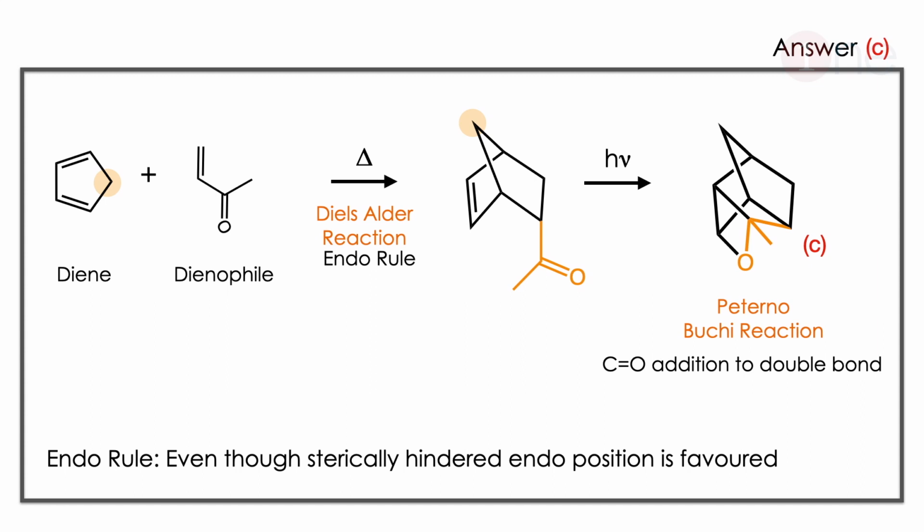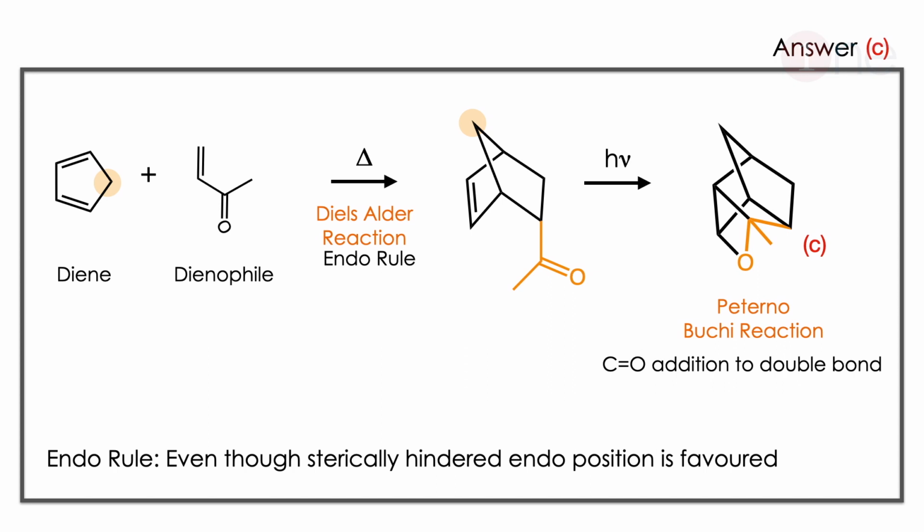Here the diene is there. If you redraw the structure, you have the dienophile. The structures here are actually confusing you, so you have to redraw the structure to the perfect position for the reaction. So the Diels-Alder reaction happens here. But you have to know the endo rule in the Diels-Alder reaction. What is the endo rule? The endo-carbonyl system can be formed in the Diels-Alder reaction, which is allowed. That is called the Diels-Alder reaction. This is possible even though there is more steric strain.